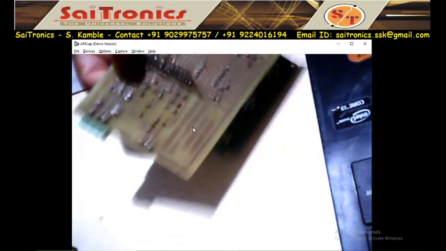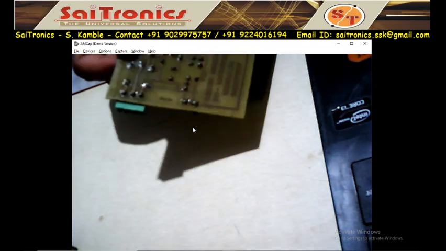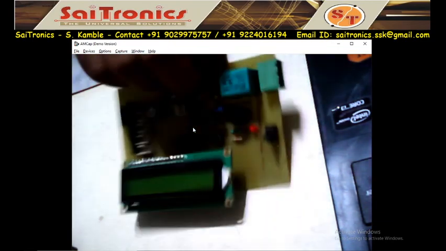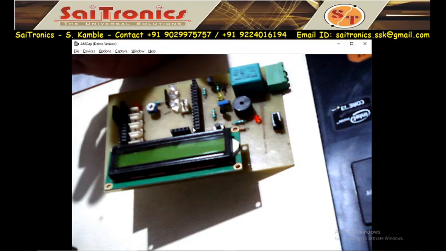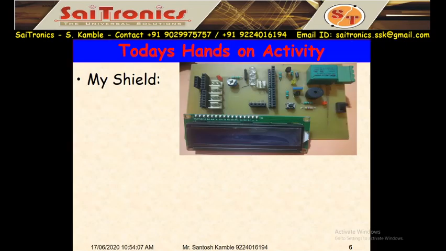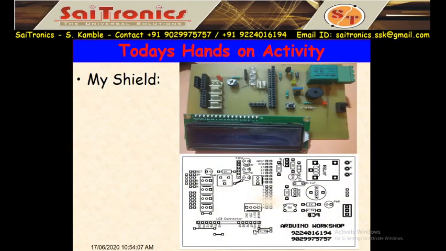I had designed this shield specially for my workshops. So this is my Arduino shield. On this shield we are going to perform practicals. The top view of this shield is like this. This is the relay, this is the buzzer, this is the switch. Then these are the 3 LEDs, pink, green, white, and there are 4 inputs. Here you can connect the LCD. So this is the LCD, these are 3 LEDs, relay, buzzer, switch, and these are 4 analog inputs.